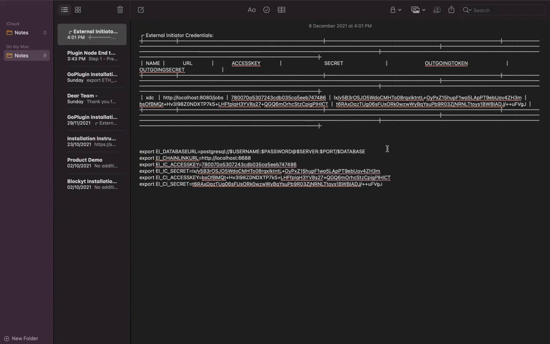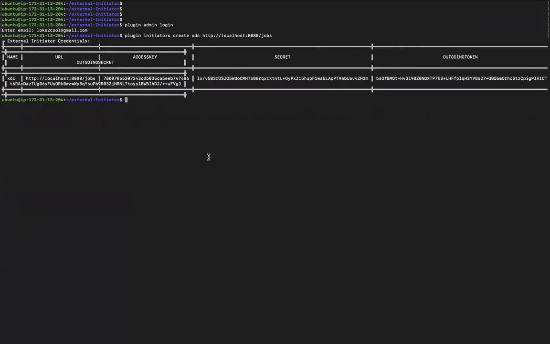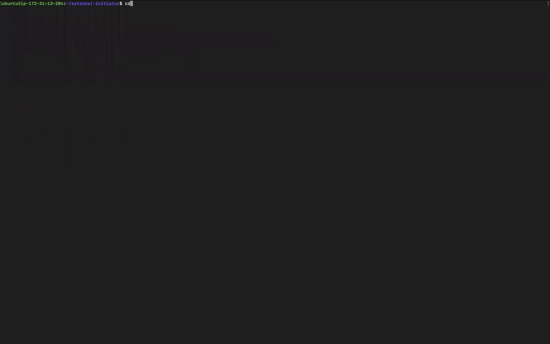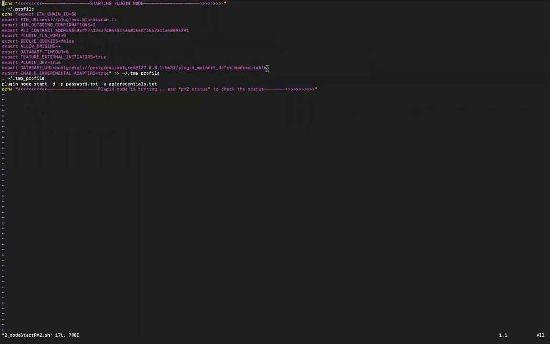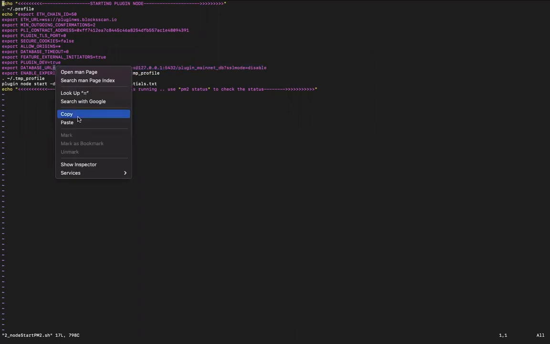I will just go with the same database which we used with the plugin node address, right? We can do that. I'll just go ahead and use the same parameter. You can copy it, or you can create a new database altogether. It's up to you. For this purpose, I'm going to use the same.